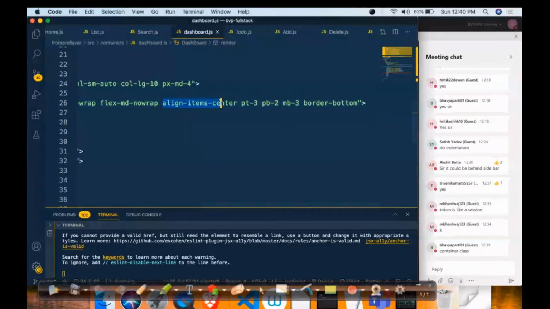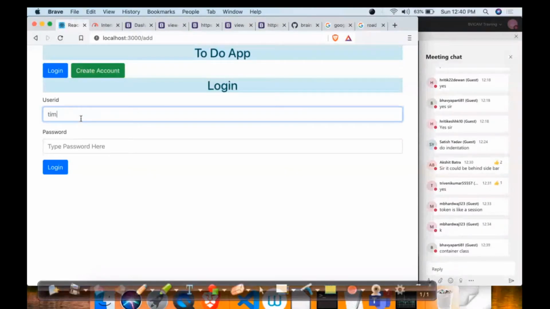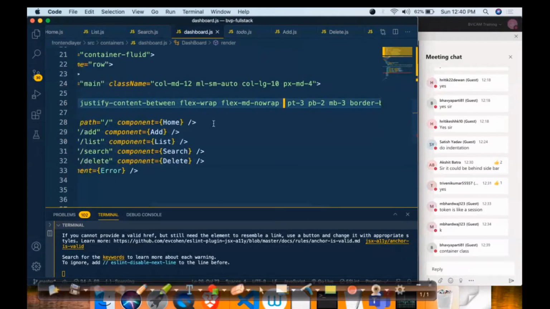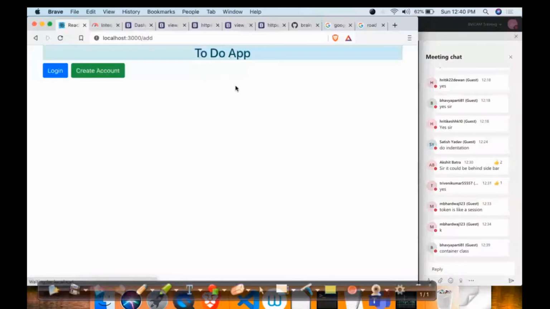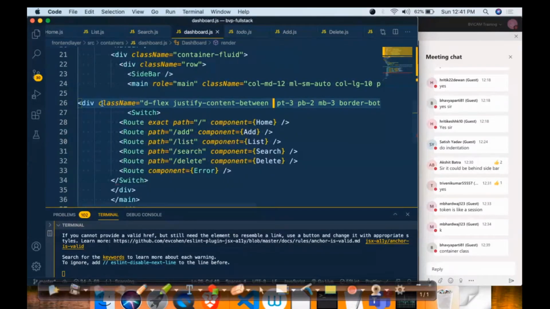They have also used something called align-items-center. So the design we can change, because the point is now the add notes is here, name is here, description is here. But the thing is, because it does not have the space, no wrap, I will remove this thing. I also remove this. If I omit all of them,